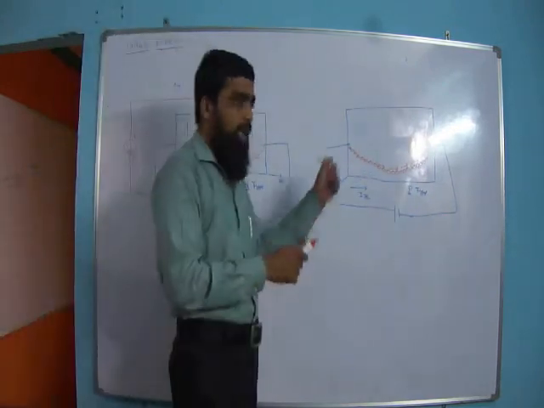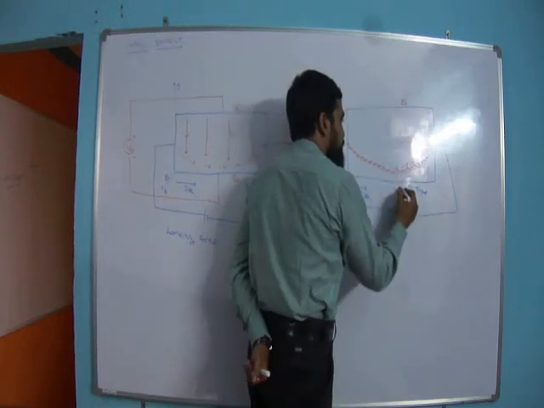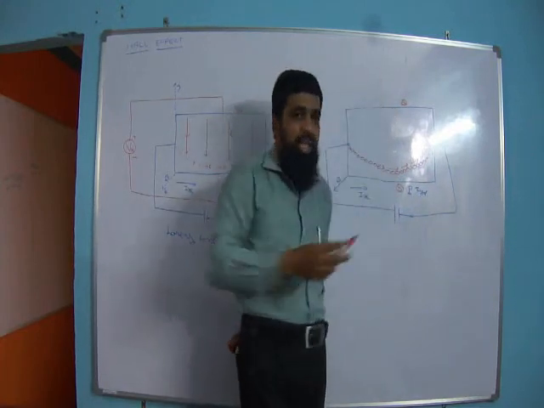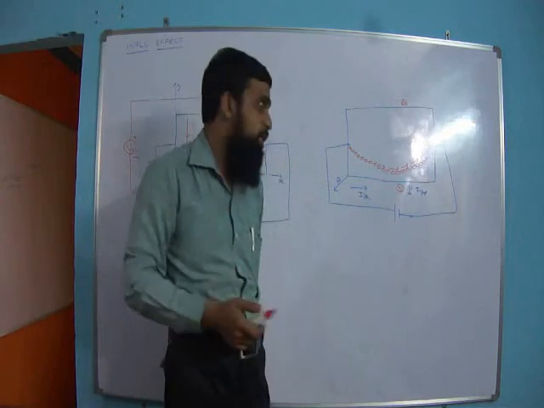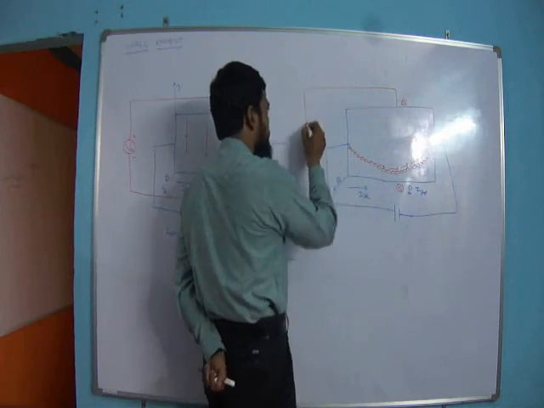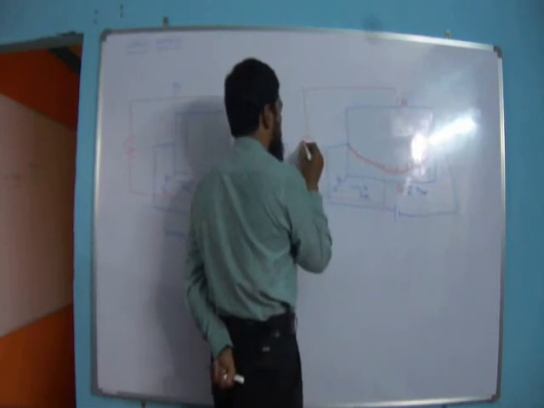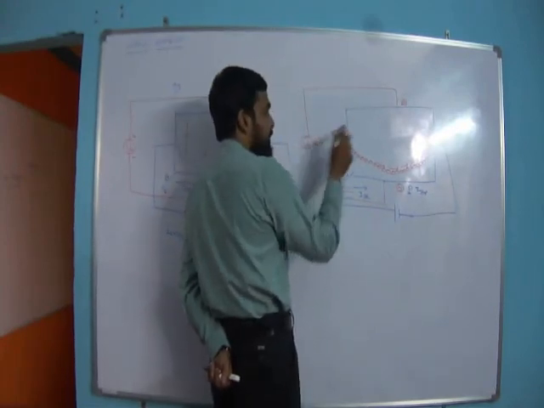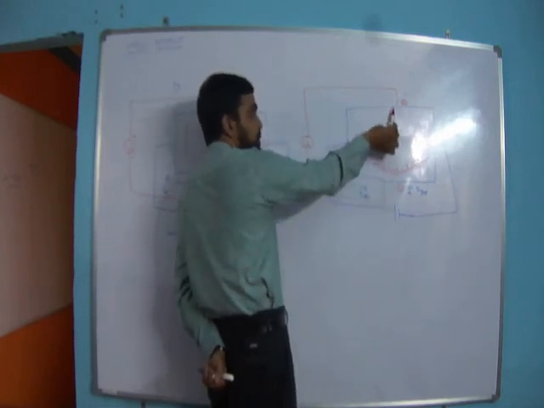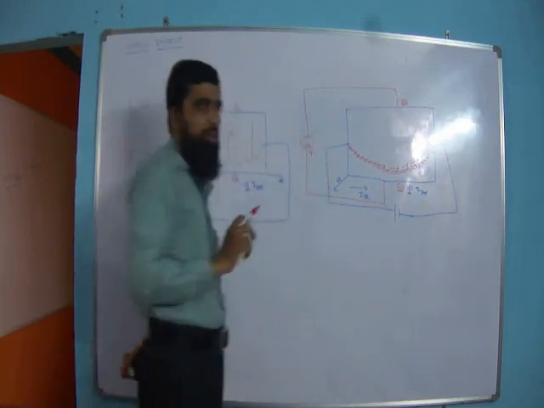and we can observe in this figure that surface B is having more number of holes compared to surface A. Surface B is more positive compared to surface A. Now if I measure the potential difference between surface A and surface B, a Hall voltage is generated, and as surface B is more positive compared to surface A, plus and minus.